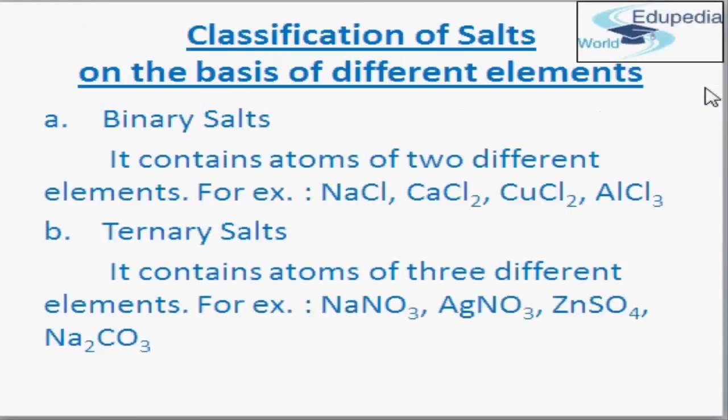Salts are also classified on the basis of different types of elements present in them: binary salts and ternary salts. First we will discuss binary salts. A binary salt contains atoms of two different elements, for example NaCl, CaCl2, CuCl2 and AlCl3. Next we will discuss ternary salts. A ternary salt contains atoms of three different elements, for example NaNO3, AgNO3, ZnSO4 and